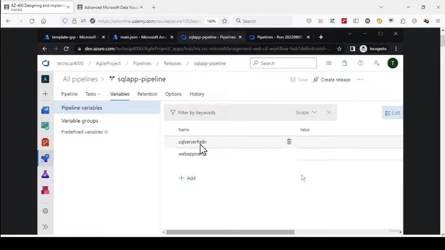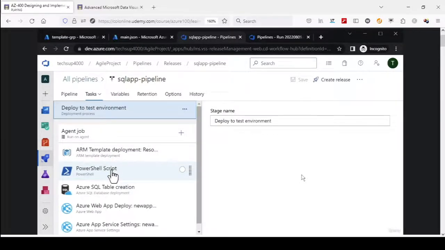Currently, these are blank. These are now going to be set by the use of that PowerShell script. If you want to confirm that those values are indeed being set,